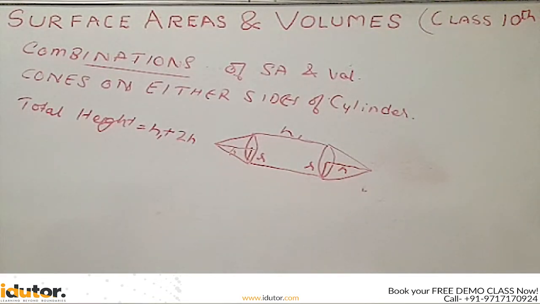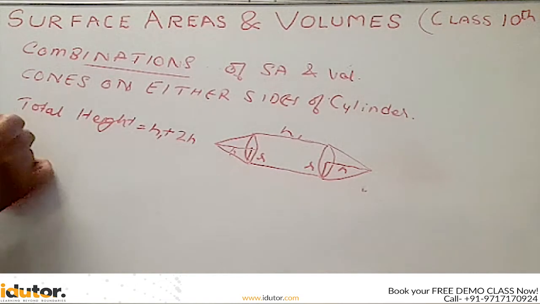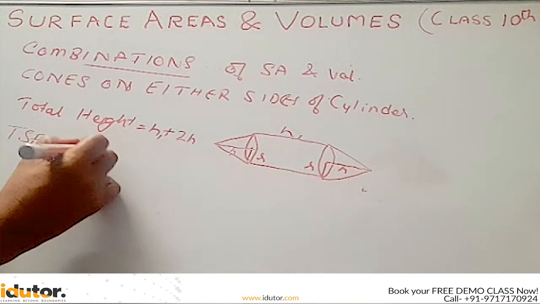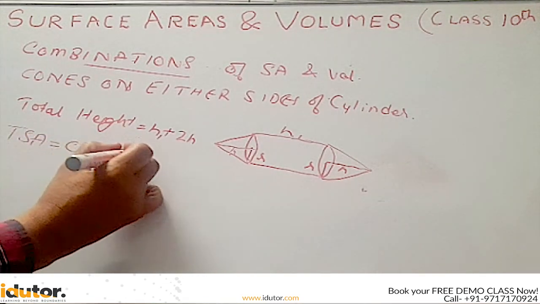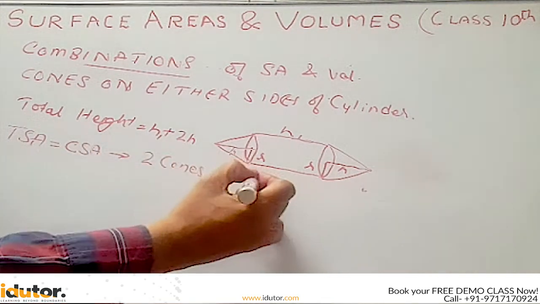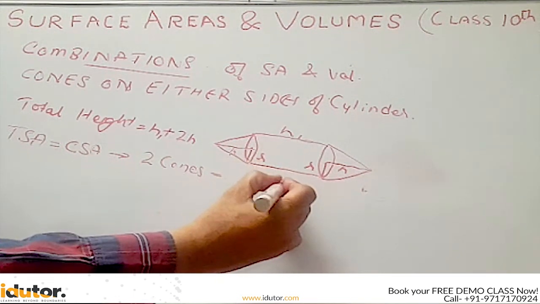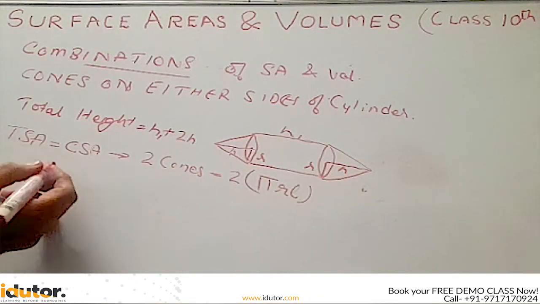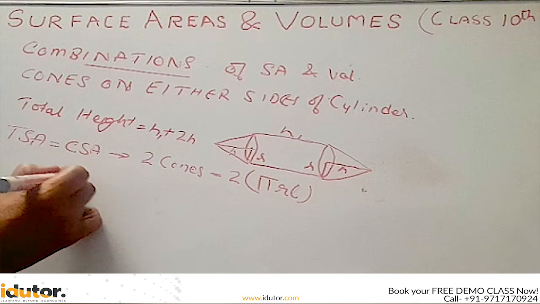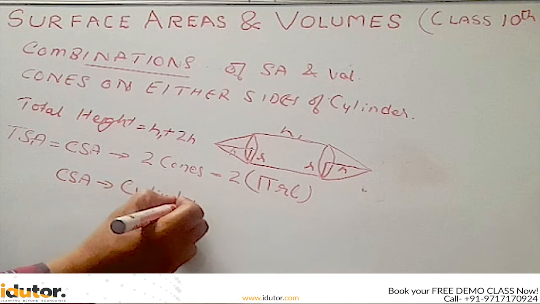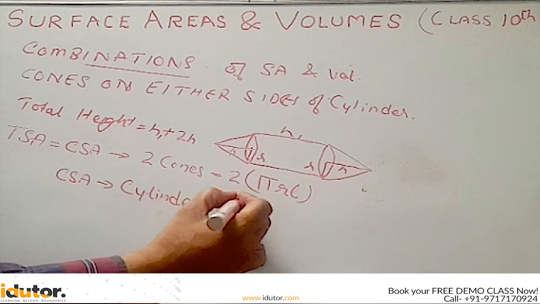Now let us see how we will find the total surface area. TSA will be the CSA of two cones. The CSA of a cone is pi r l, so we have to multiply by 2 because we have two cones. And then we have the CSA of the cylinder, which is 2 pi